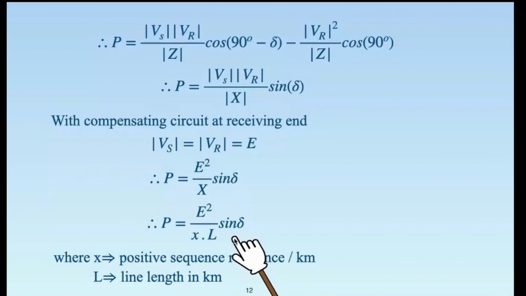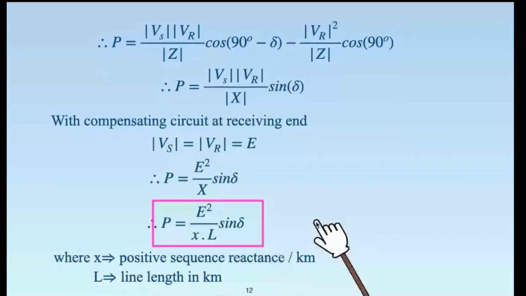That's why this equation is what we arrived at in the previous class discussion, that power handling capacity is represented by this particular equation, right? And it is highlighted here, okay? E square by XL sine of delta. So this is very, very important, as we were discussing, that when we want to transmit power over a three-phase transmission line having rated voltage E, this power will be E square by XL sine of delta. This delta is the angle between sending and receiving end voltage.